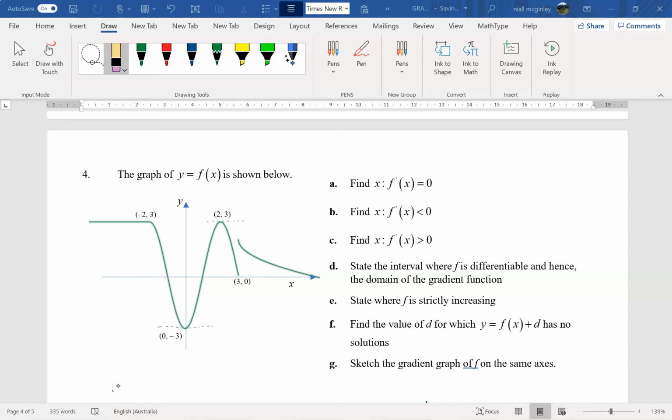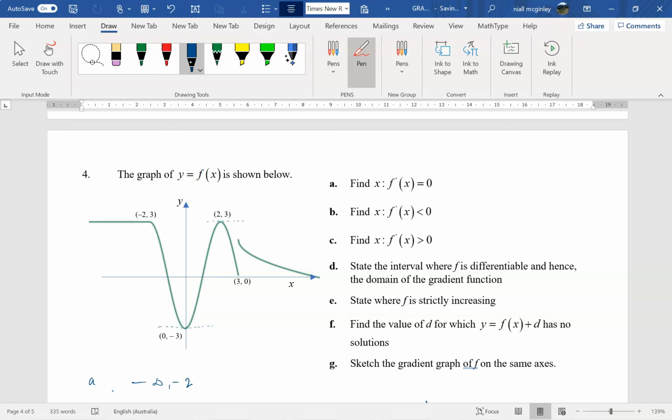So we can find where the gradient of this function is equal to 0. So you see here the first section where it's equal to 0 is going to be this section here, which is going to be from negative infinity up to negative 2. Now here you've got to notice that this part here at negative 2, we just got to check if there